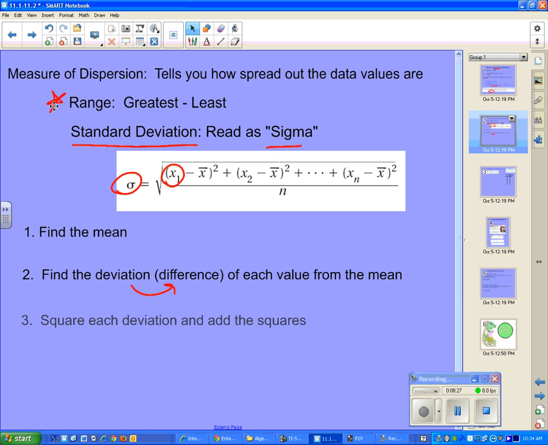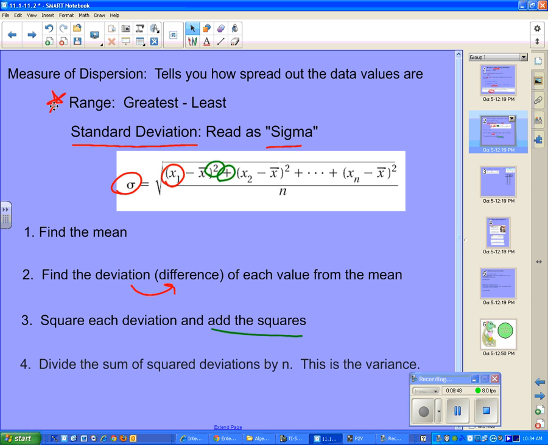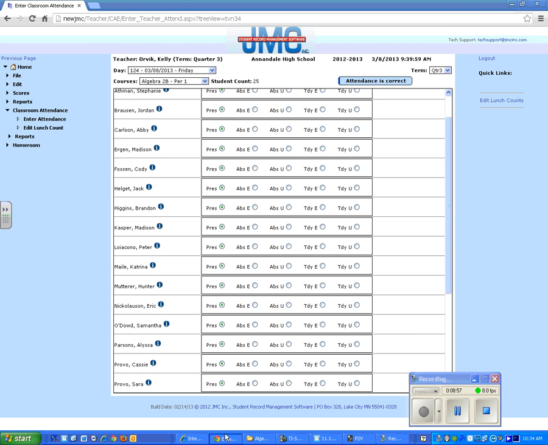Then I'm going to square each of those. So I found each of those deviations, the difference between those two values, and I'm going to square it. And then I'm going to add the squares. I'm going to find the sum of each of those. Again, we'll do this just once, and from then on we'll use our calculator. If we take that big long sum and we divide by n, n being our number of data points,